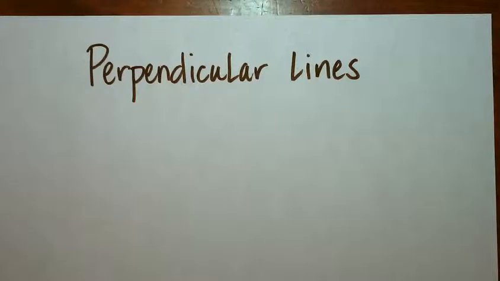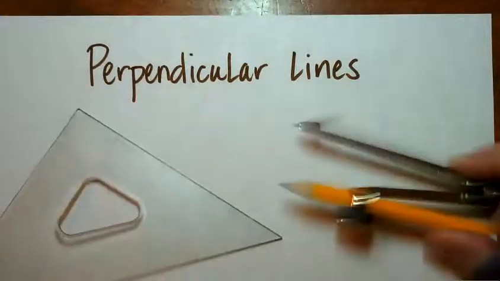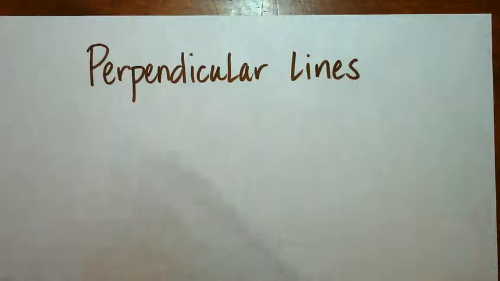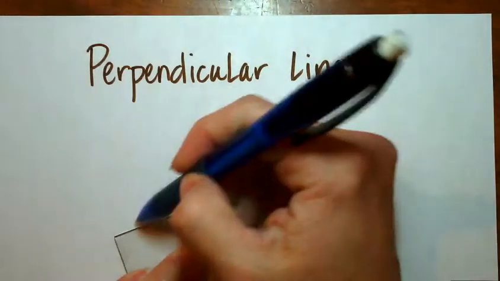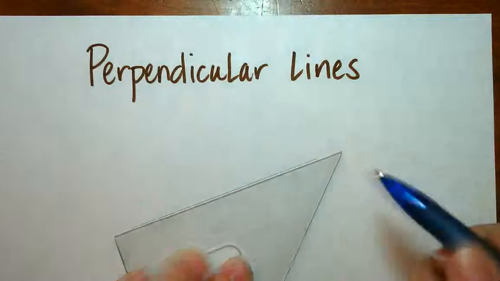Next up, we are going to work on creating perpendicular lines, and we are going to make perpendicular lines without a protractor, using just our straight edge and compass. So first thing we need to do is to start with a line. So using your straight edge, we're just going to create a line,